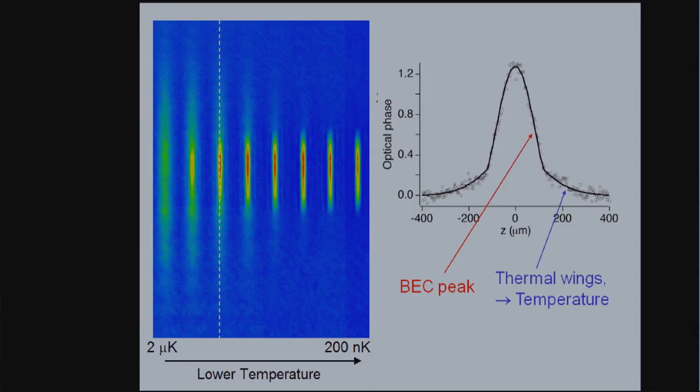Well, we can see that these are now, again, somewhat improved pictures of condensates inside the trap. For the expert, the previous picture was dark ground imaging. This is now phase contrast imaging. And if we take a profile, we clearly see the condensate wave function, and we see the thermal wings.